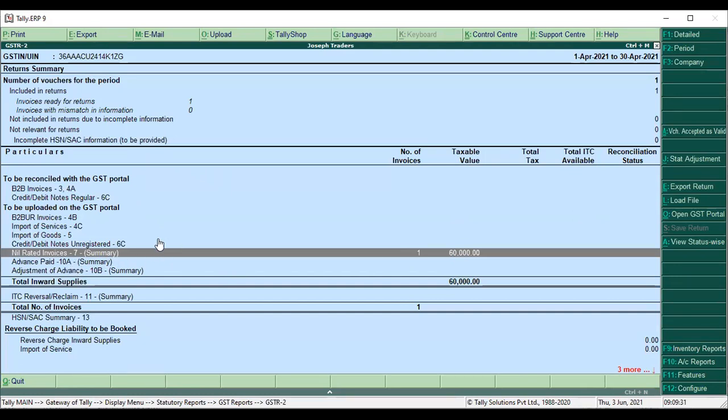That is called nil rated invoices, when you don't pay any taxes to the seller, because the composition dealer cannot collect taxes from us. Value of 60,000. This is the way to enter transactions concerned with purchase from a composition dealer in Tally software.